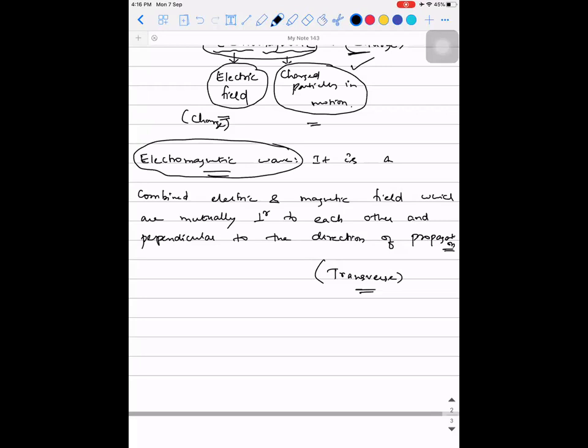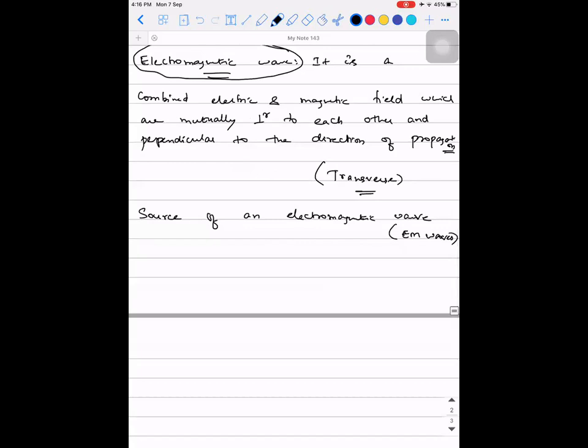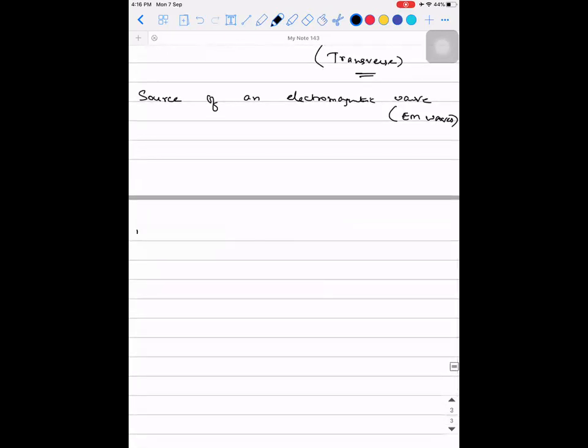Now, the important question that we need to answer is, what is the source of an electromagnetic wave? That is going to be the heading. So what is the source of an electromagnetic wave? Electromagnetic waves are also called EM waves. Now, I'm going to give you an explanation and then we will conclude. So the explanation for this is,